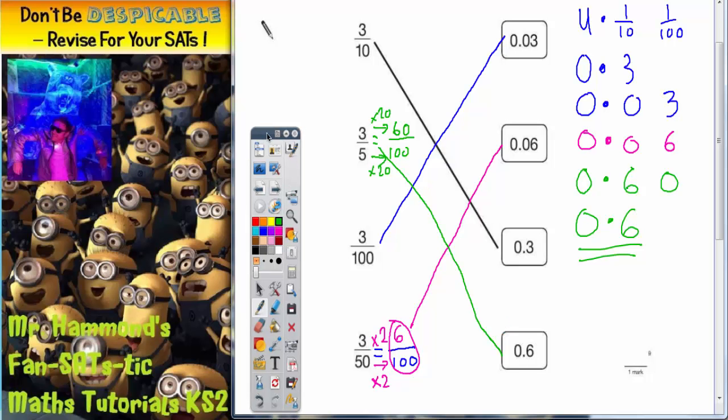There is another way you could have thought about this. You could have thought about pizzas. If it's 3/5, you could imagine a pizza with 5 slices, like so, and we want 3 out of the 5 slices. Now if this pizza is a whole one, if you split a whole one into 5 equal parts, you would have to get 0.2 on each part, and you would have 0.2 on these ones as well. But we only want 3 of them, so 3 lots of 0.2 actually makes 0.6, which is why we've connected 3 out of 5 down to 0.6.